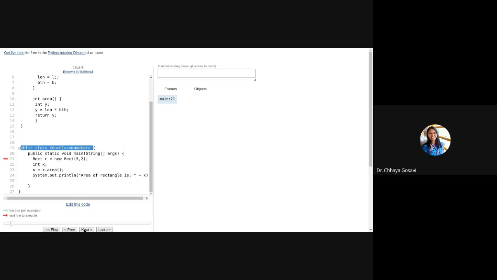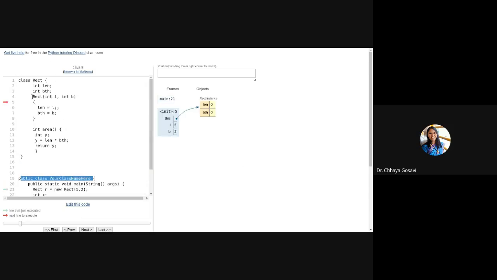So here we are calling a constructor. When an object gets created, it will automatically call a constructor. For any object, you can see length and breadth, which are initialized to 0. This is the Rect instance. And L and B, these values we passed through the constructor, are 5 and 2. In this constructor, it will assign L to length. After execution of this statement, the value of length will be 5 instead of 0, and breadth will be 2.